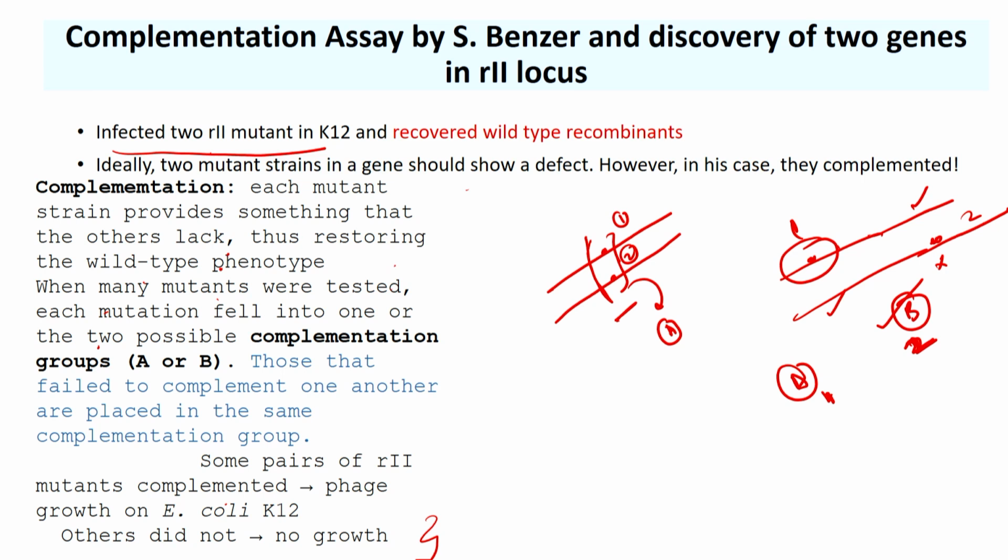I will show you once again just with more clarity so that you can understand the concept of complementation. So, some pairs of R2 mutants complemented and others did not. So, those that complemented, they grew in K12. Ideally they should not be growing in the K12, they only grow when they complement or they have the wild type phenotype. So, you can see I have tried to help you understand this concept of complementation and non-complementation